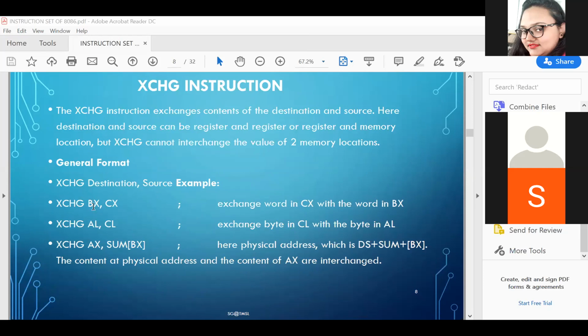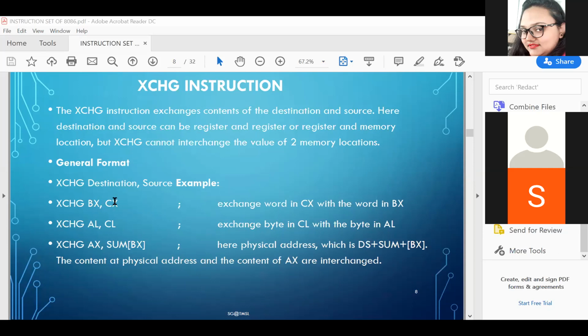Destination register can be any register, AX, BX, CX, DX. Source can be any register, and if it is written as exchange BX comma CX, what does it mean? Exchange word in CX with the word in BX,